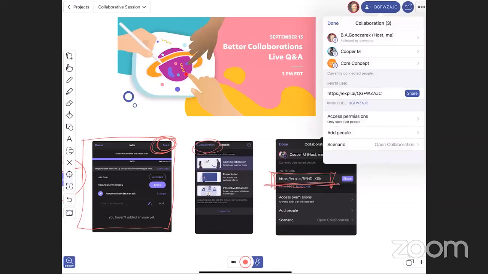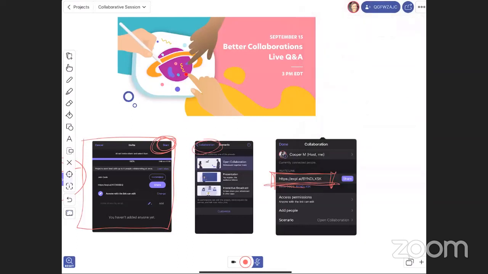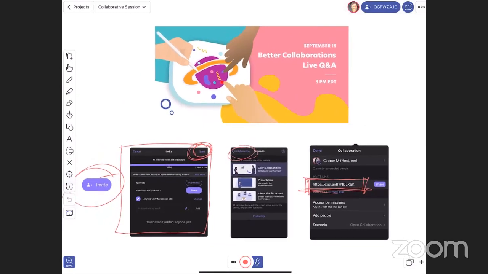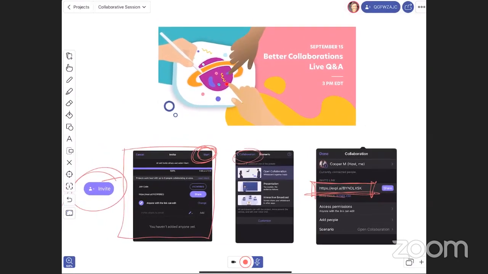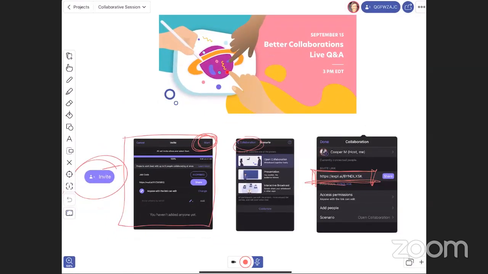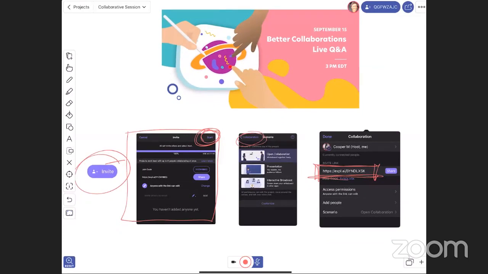A couple of things to remember. Collaboration in Explain Everything is designed for smaller groups. There's a hard limit of up to 25 participants at the moment. We are developing our platform so that more people are able to join in, but for now, what you need to remember is that 25 people is the limit, and